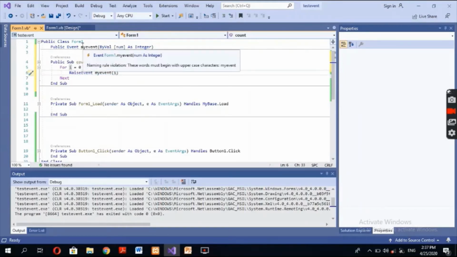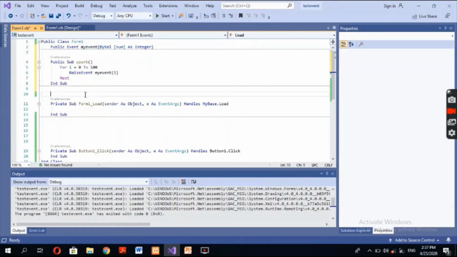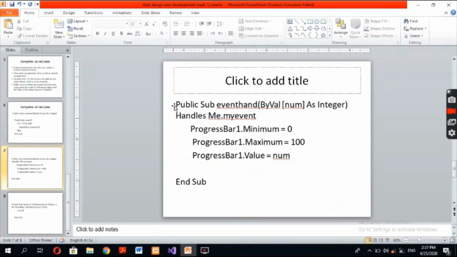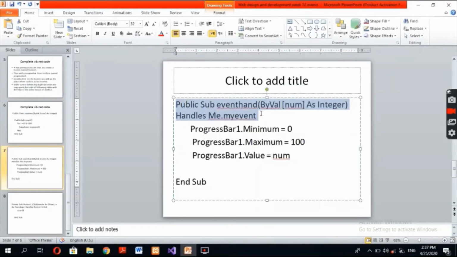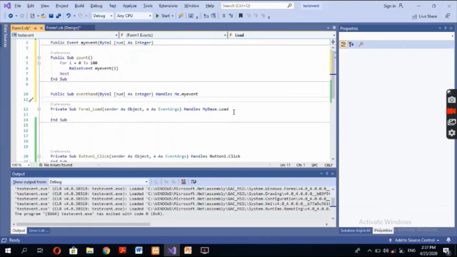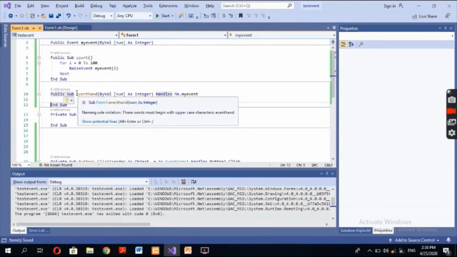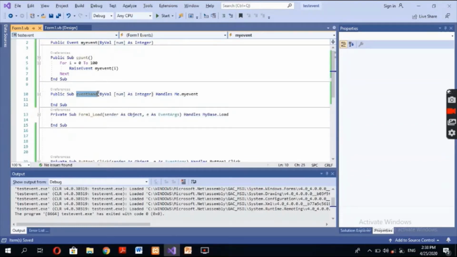When you raise the event, it will come here to MyEvent, check this, and try to find the event handler related to this. Now because we haven't given the event handler, I'm now going to give the event handler. Here we have created an event handler, and the name of this event handler is EventHand.